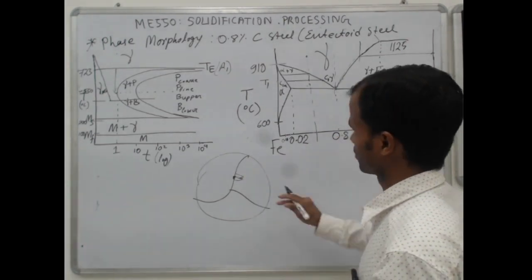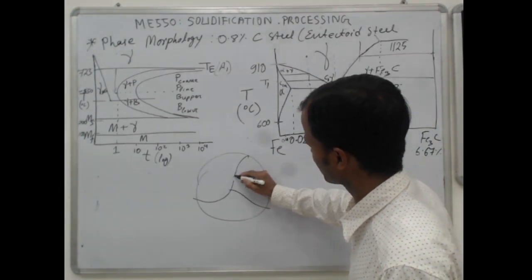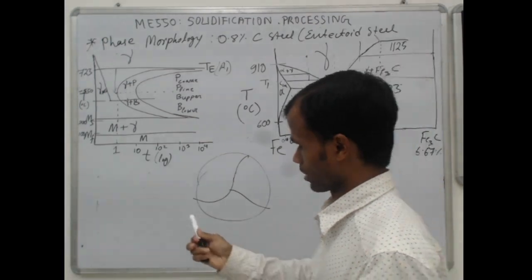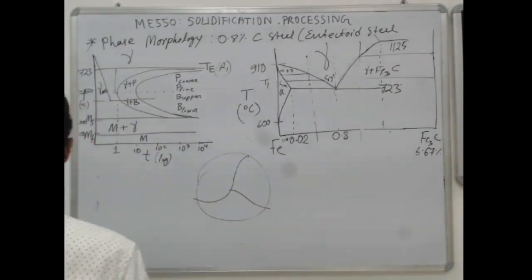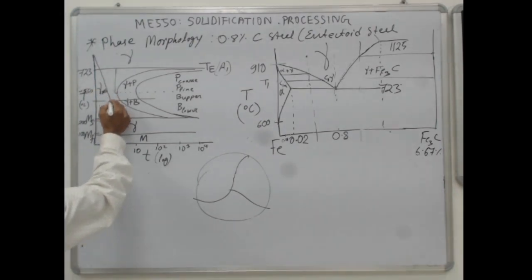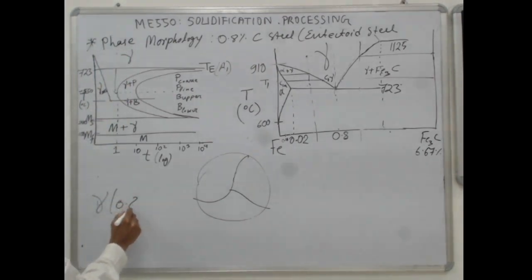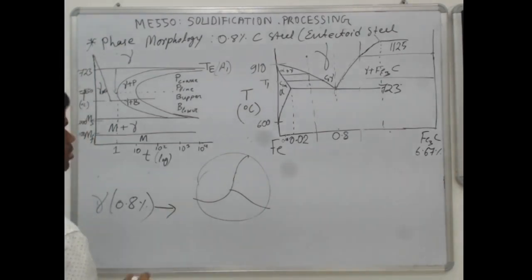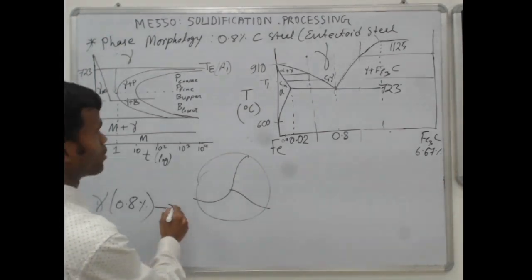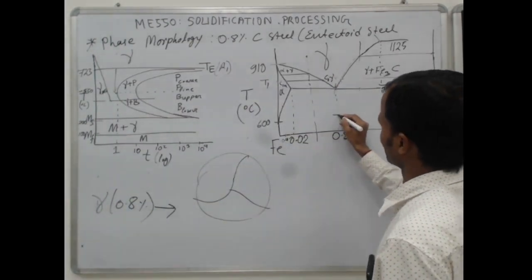But in this case, what happens? It is a little bit different. So let us try to understand this. Suppose you come to a very low level of temperature. So your austenite, which has 0.8% of carbon, now you go to a temperature where the austenite cannot have this amount of carbon. Say you are here somewhere.